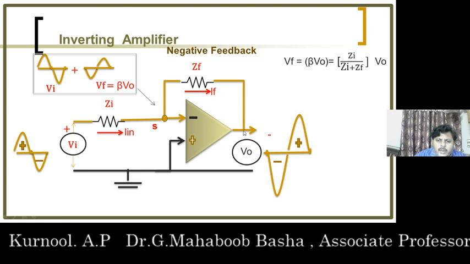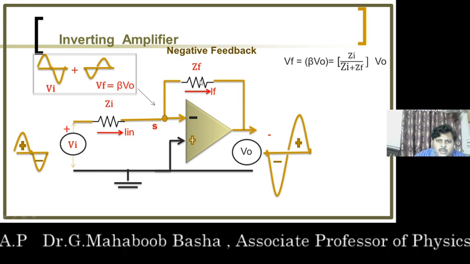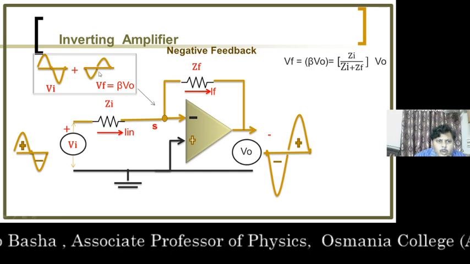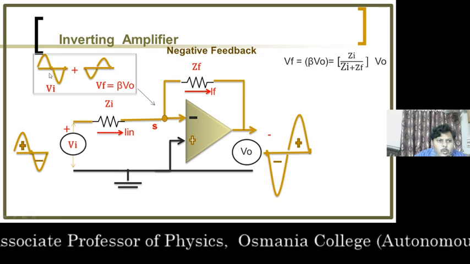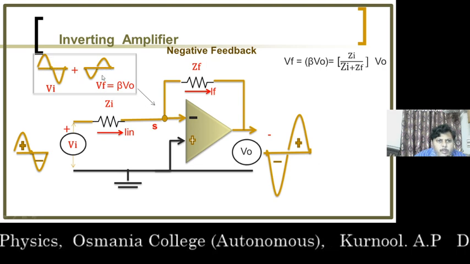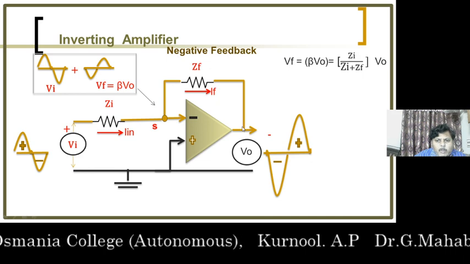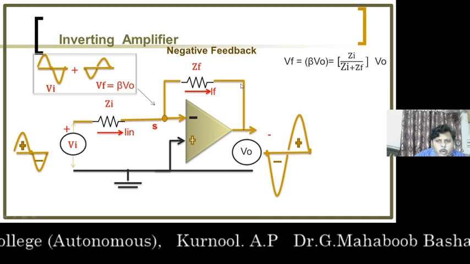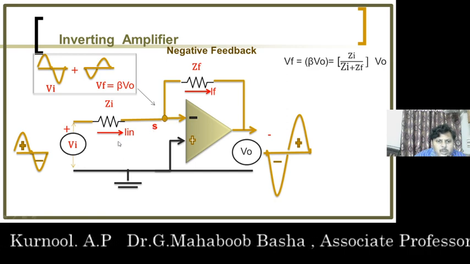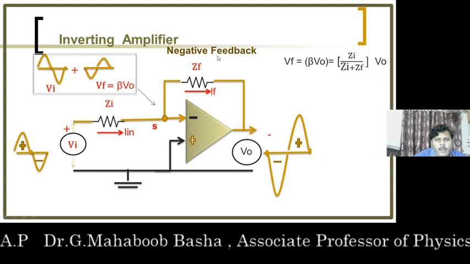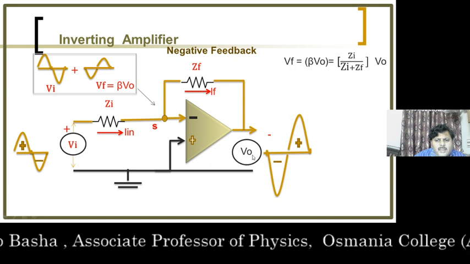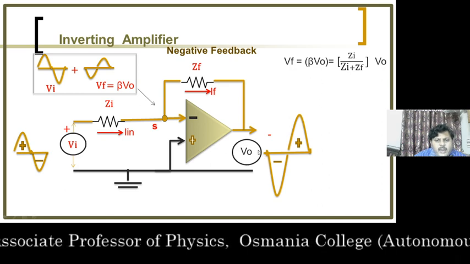Here, when we connect a fraction of the output energy fed back to the input through the impedance at point S, the total voltage is made of the input voltage Vi and the feedback voltage Vf, both out of phase. This type of feedback is called negative feedback. It can be defined as: if the fraction of output energy fed back to the input is out of phase with respect to the input signal, it is called negative feedback. Because of the negative feedback, the output voltage decreases but gain stability increases.